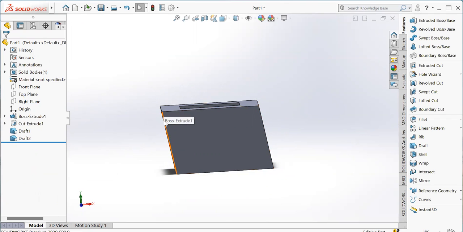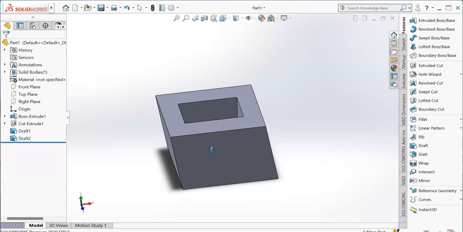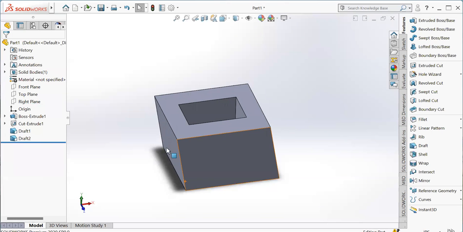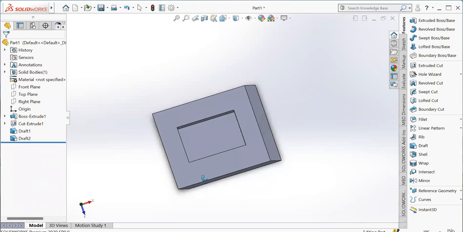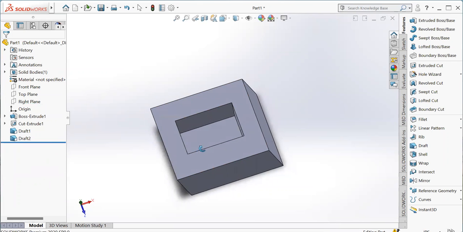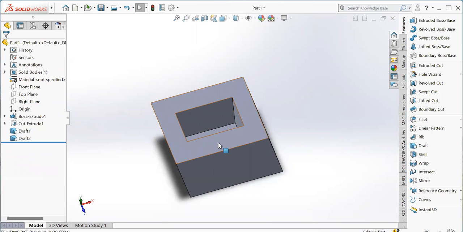Now here the draft is in this direction. What change are you noticing? The direction of pull has been changed. Now we can also get the same effect inside this cavity.